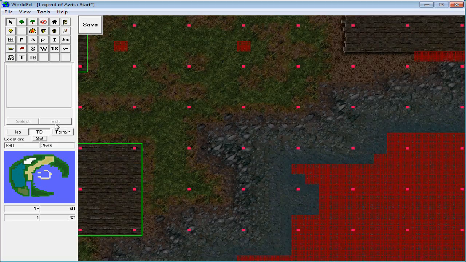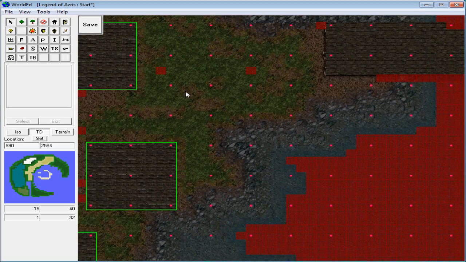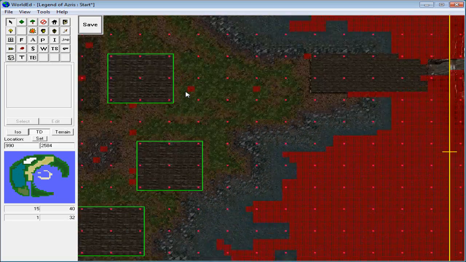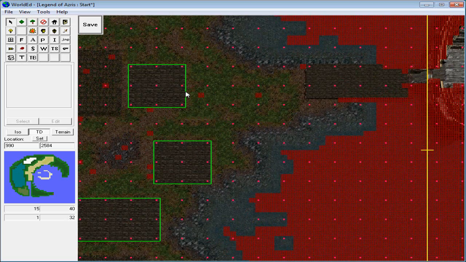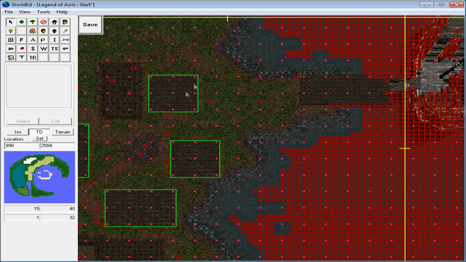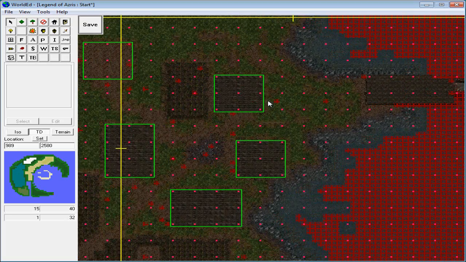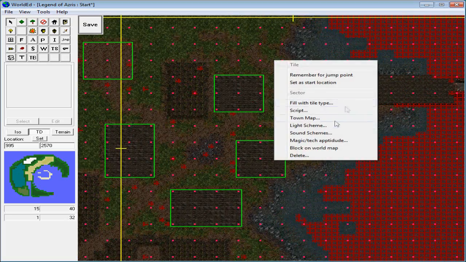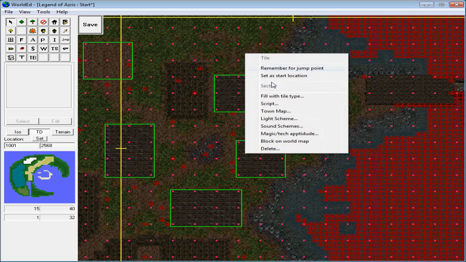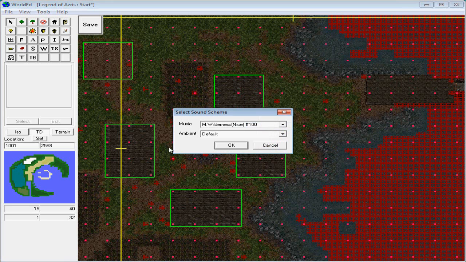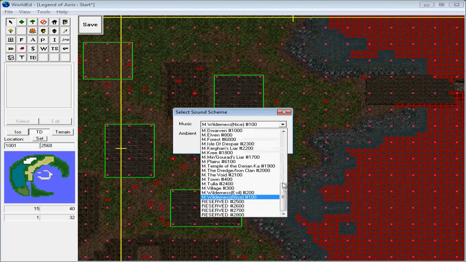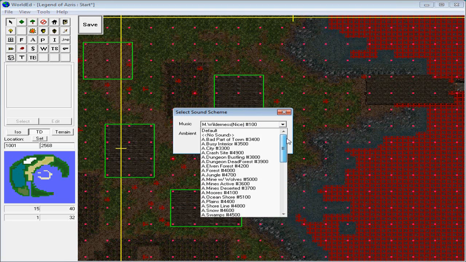So you want to go to top-down view. You don't have to, but it just shows you the region that your music is going to be playing in. So again, the sectors, the yellow boxes, that is when you set your music to this area, it'll set it to that spot only. So since I have this sector here, if you right click anywhere on the terrain, even if you're in isometric view, you go to sound schemes, and you can go ahead and select your music file,